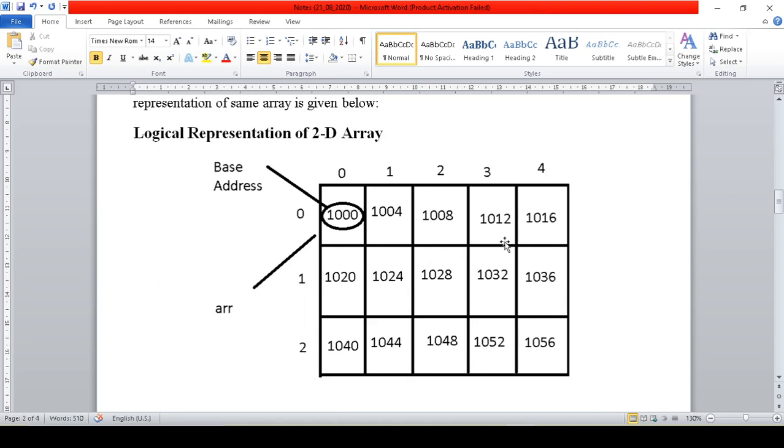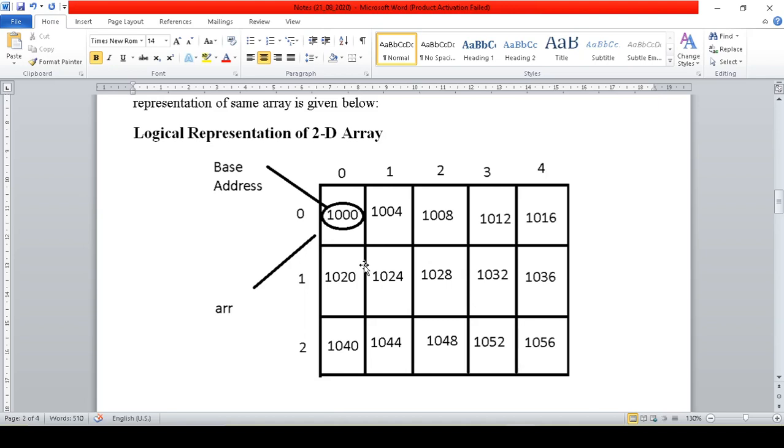I hope you will easily refer to the specific index of each element in this 2D array. Now what I have written in the boxes are actually the memory addresses, though it will not be shown to you. Memory addresses are not visible to us, especially in languages like Java. We can see memory addresses in languages like C and C++, but it is not possible to see memory addresses in Java like this. But I am telling you as an example, because I have created an integer type of array.